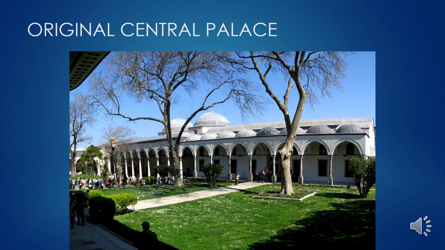The palace has 3 main courtyards that tend to go into more increasing privacy, where the inner sanctum was for only the Sultan and his family and the most honored guests. So it goes from that outer courtyard to the innermost courtyard and a royal audience hall. So we saw that also in things like the Forbidden City in China, that same idea of going from the outer area to the inner sanctum.